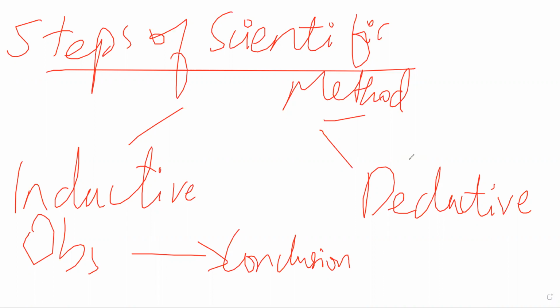So what are you doing here? First you make an observation, and from that observation you are reaching a particular conclusion. This is the inductive method of reasoning. Okay? This will involve observation of a particular set of instances, which belong to or can be identified as a part of a larger set. From that observation you are reaching a specific conclusion. It will begin with an observation, it will end up in a conclusion.